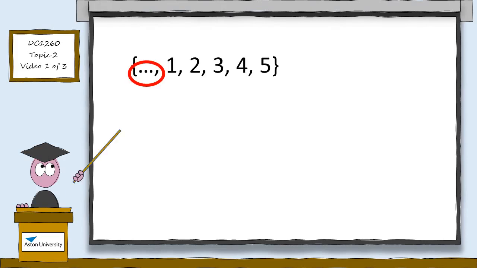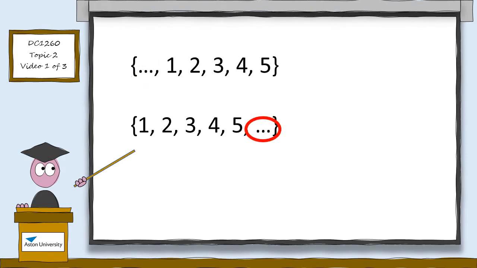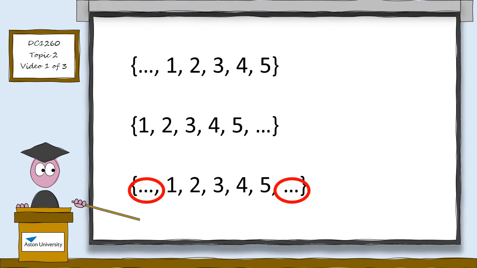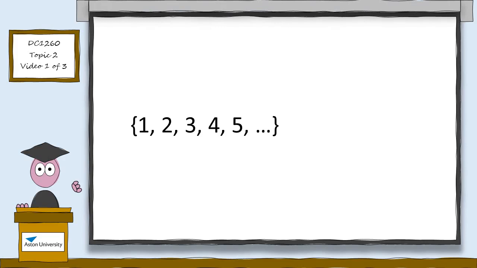An ellipsis at the start, or the end, or both, denotes an infinite set. Infinite sets are not limited, but they do not necessarily contain every possible value. For example, this infinite set doesn't contain 0, and this infinite set doesn't contain 5, although it does contain all negative integers. This set, with an ellipsis at the beginning and another at the end, contains every integer value, positive,